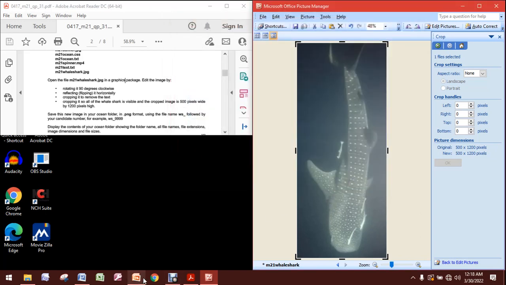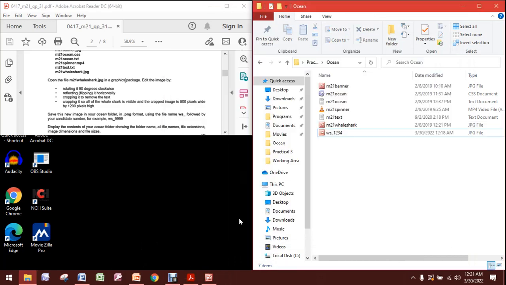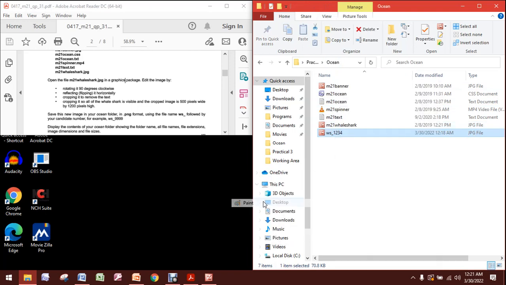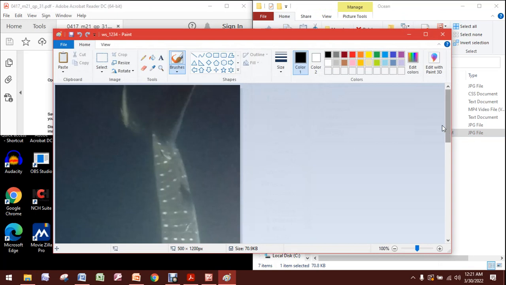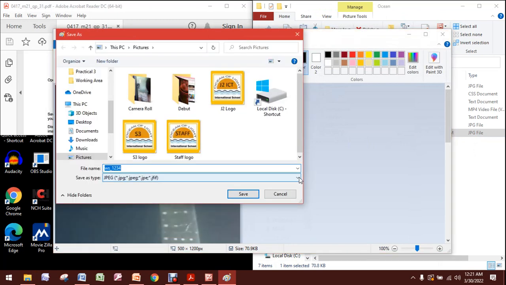Right, it's been saved, but this is the folder, and my picture here is still a JPEG file. So I'll open it with Paint, and then I'll resave it again, but this time using the .png